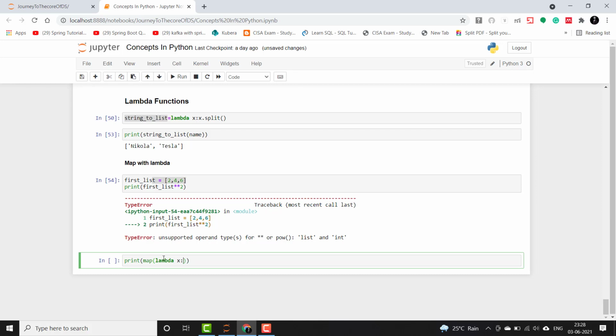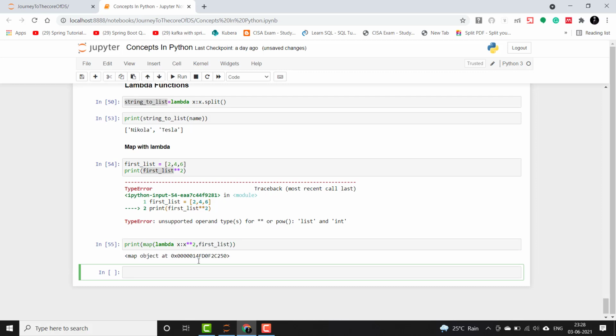As you all know, the first parameter is the input and the second one is the output it will give. The first parameter of a map function will always be a function, like a lambda, and the second parameter is the iterable, which is in this case a list. When we execute, you can see it is giving us a map object.